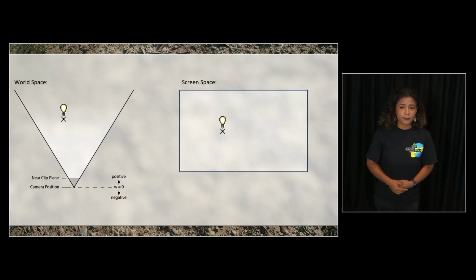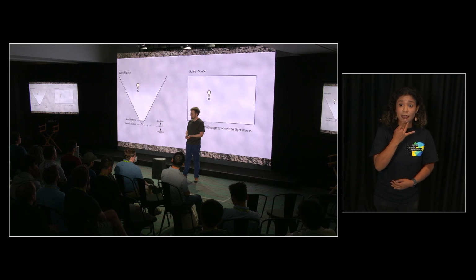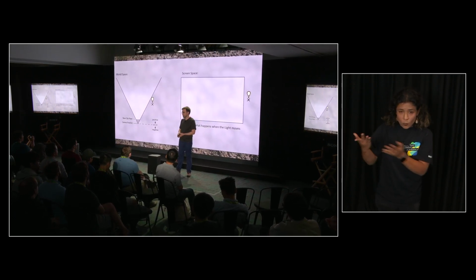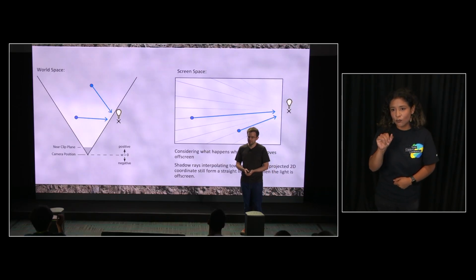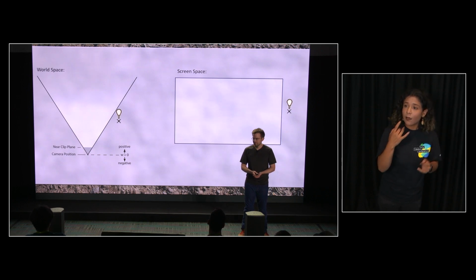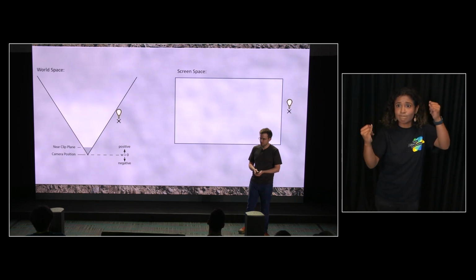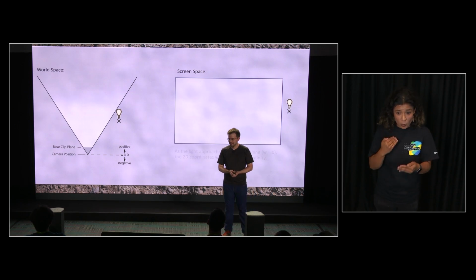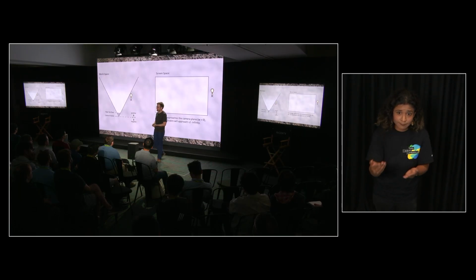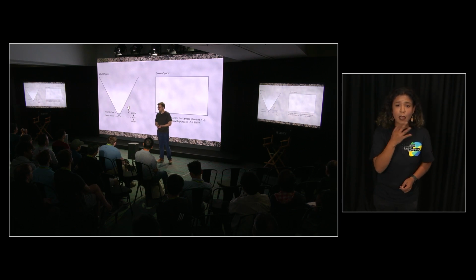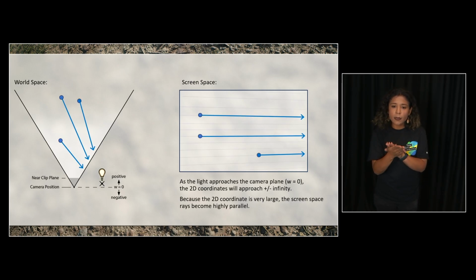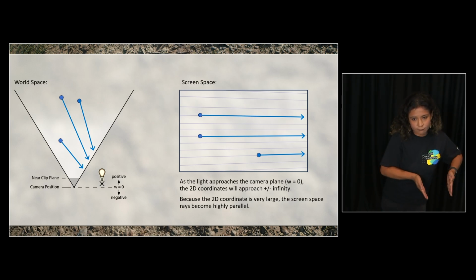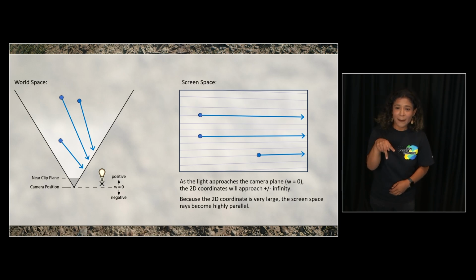Okay, so what happens? We'll push the light off screen, and just for sanity's sake, what happens? Well, the same rules still apply. We still trace our rays in straight lines, but now the coordinate's off screen. If we get really close to the camera plane, well, the W value gets very, very small. The light shoots off to infinity, but this is still completely valid. It just means that the rays are going to become more and more parallel. Again, Coordinate Systems 101.